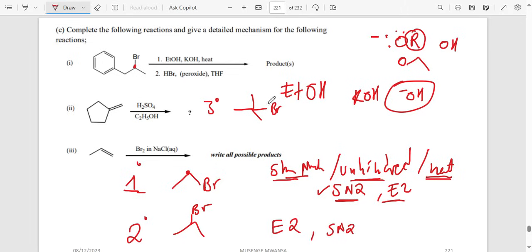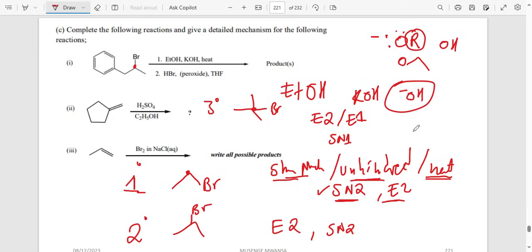Now, if you change, you are now having a tertiary alkyl halide. The same reactants that we have here. Mostly it will depend on temperature, right? The mechanism is going to mostly happen by E2 or E1. If there is supposed to be any substitution to happen, it will just be SN1. You can't have SN2 for something that is tertiary. It is too hindered. So the video that we did on the previous one, please, if you follow it,